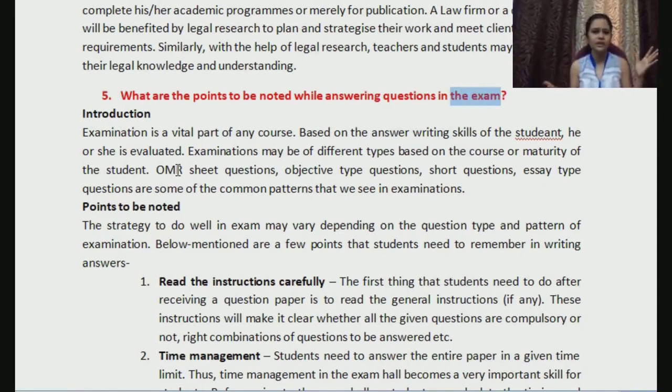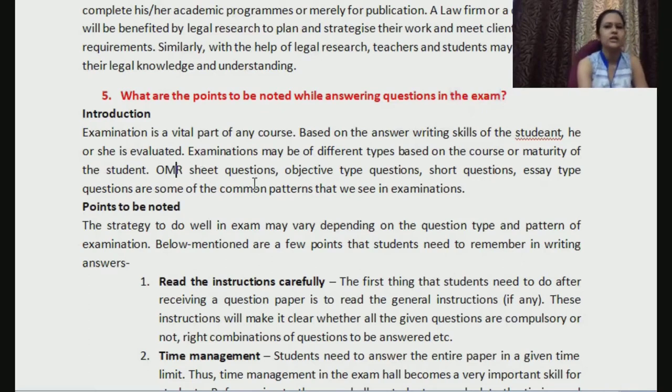For a student who is maybe in primary school, we would just be asked to recite a poem or sing a song or play something. Why? Because it would differ based on the course that you are opting for and based on the maturity of the student. It's a professional course that you are going for, so questions also would be framed in that specific way only. But it would be different with regard to those students.